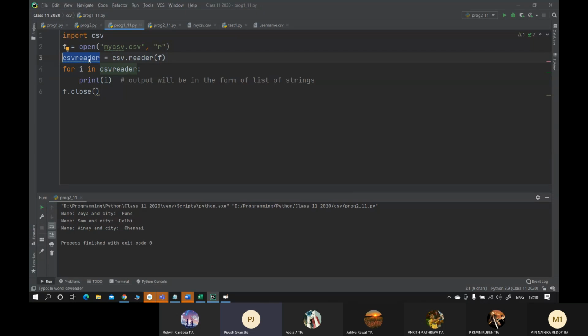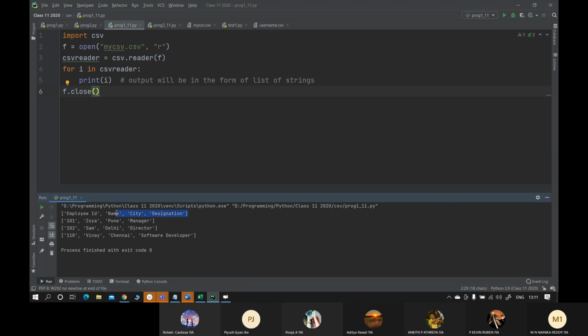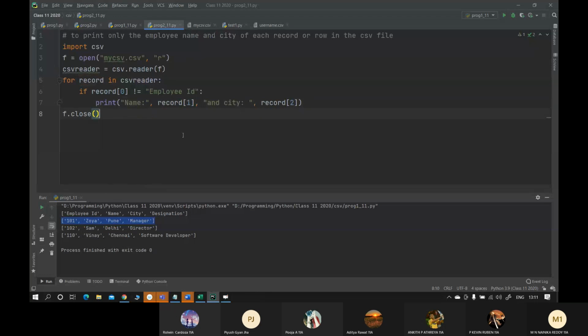Now, because that is an iterable object, you can use it in the loop directly, wherein every time you get one record, in the form of a list of strings, one by one. And specifically, if you have to print only specific fields from that, then you can use the indexing approach. Okay?